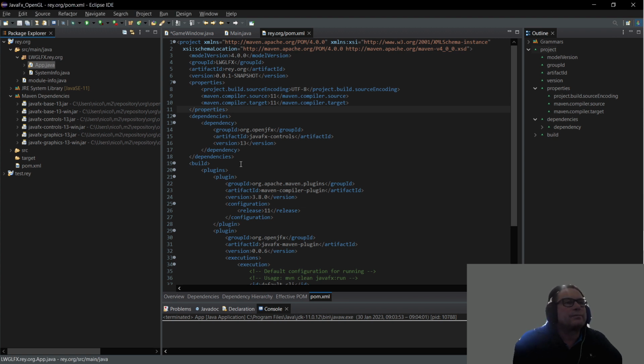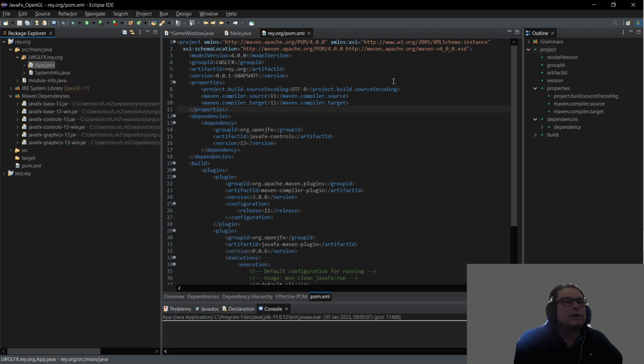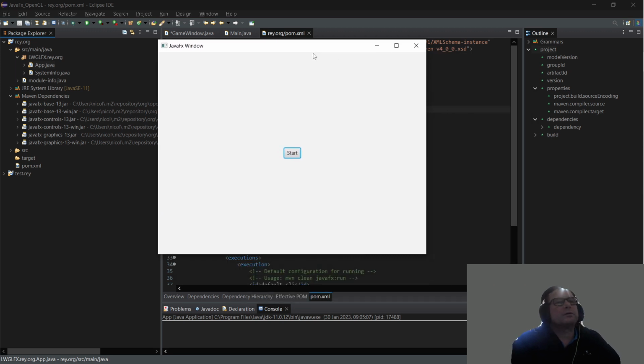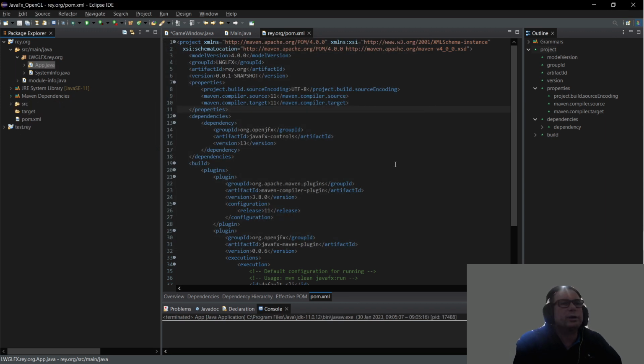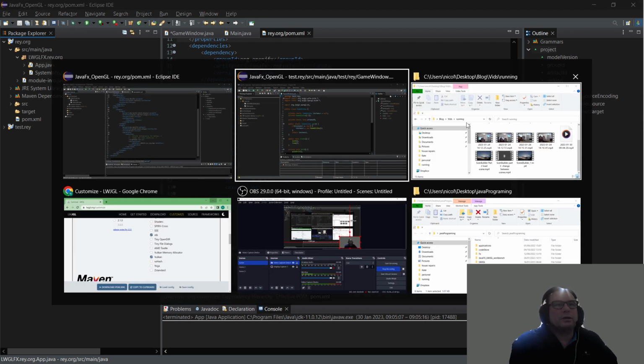created last time, and I will just run this as a Java application, and that's the window we created last time. Nothing happens when you click the start button. So without further ado, we're just going to crack in and find what we